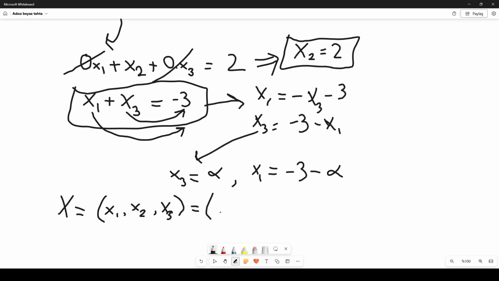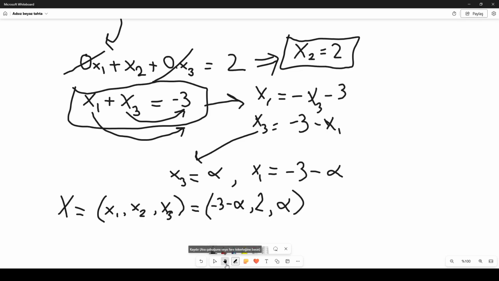Our solution is minus 3 minus alpha, which is the value of x1, and 2 is the value of x2, and alpha is the value of the third unknown variable x3. And therefore, guys, what is the result here? The result is that we have the case where we have infinitely many points or elements